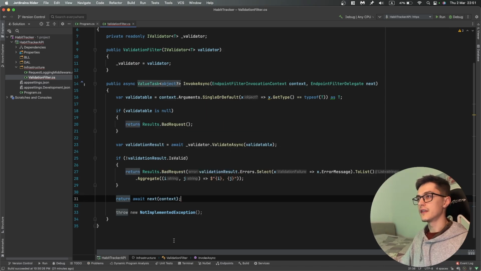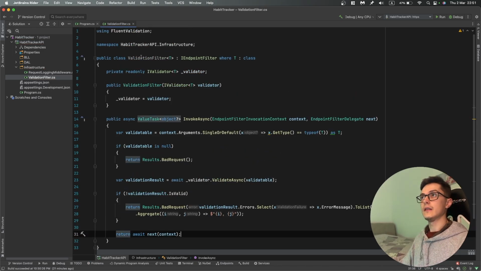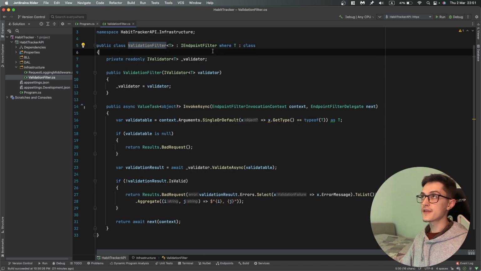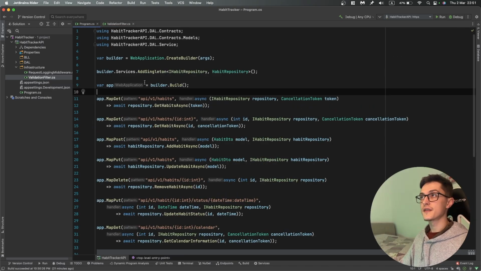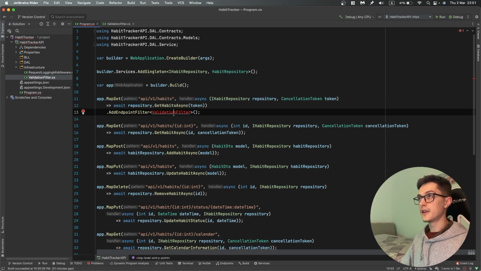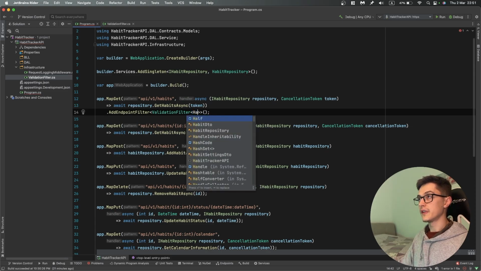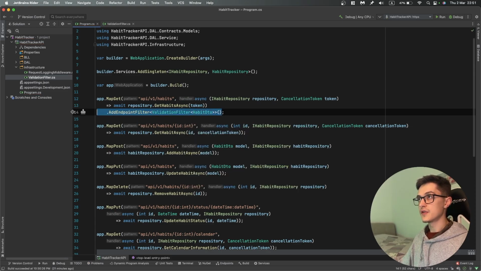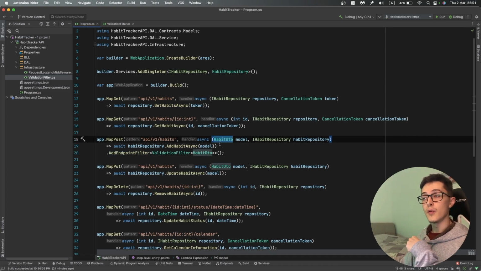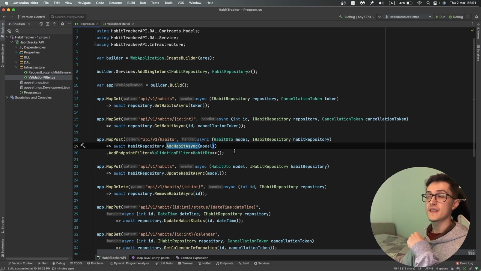Sorry, like this. So this is basically a validation filter, a basic generic validation filter that we can apply to our endpoints. And the way we apply it is, for example, we have over here await, add endpoint filter, validation filter, and over here, which is not really a good example, habit DTO, so let me just cut it from here and apply it over here. So like this, we will be validating the habit DTO model that will be passed to our add habits async